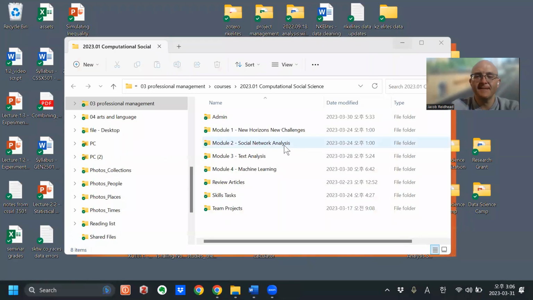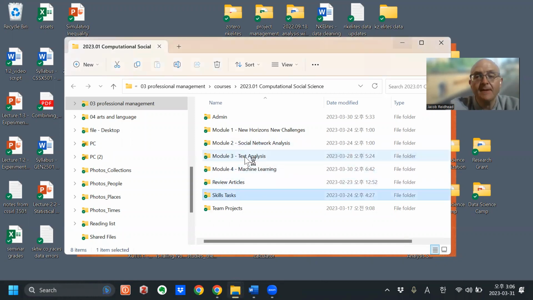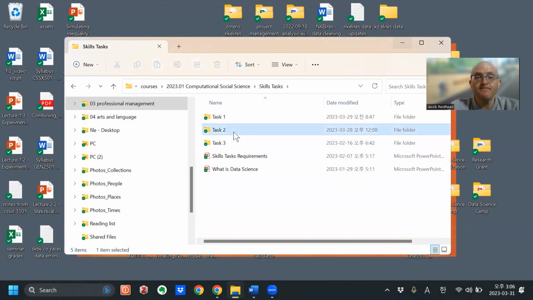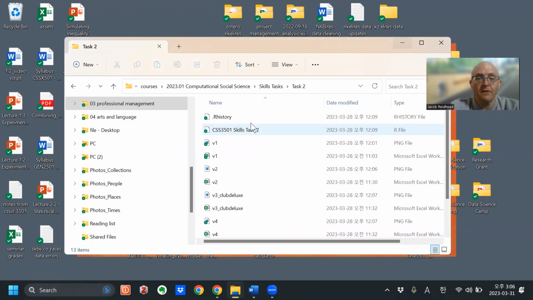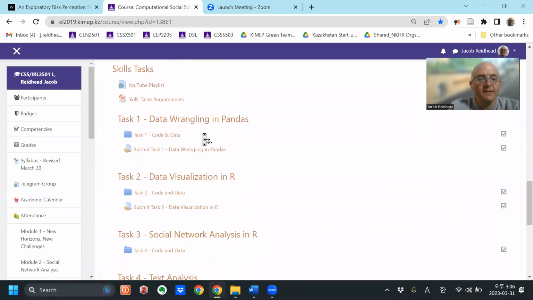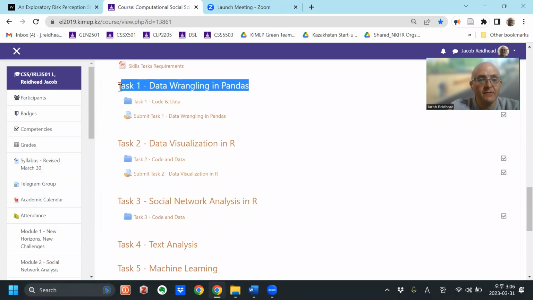Right, this is the video for skills test number 2. Skills test number 1 was the data wrangling in pandas, where you create the Excel files to do the visualizations